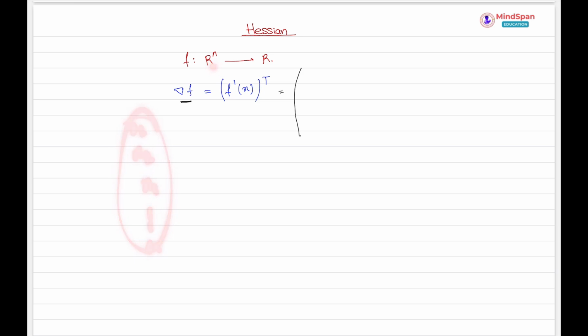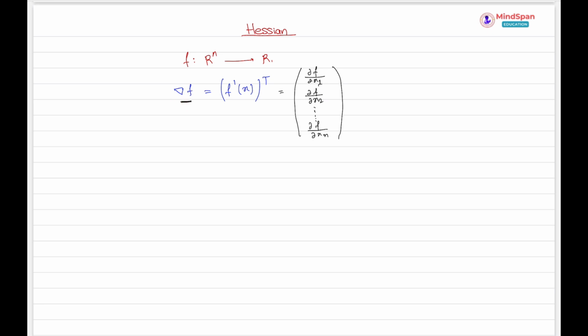So you take the partial derivative of this function with respect to the first variable, and the partial derivative of this function with respect to the second variable, and you find the partial derivative of the function with respect to all the variables that you have, right? So this is what we call a gradient,